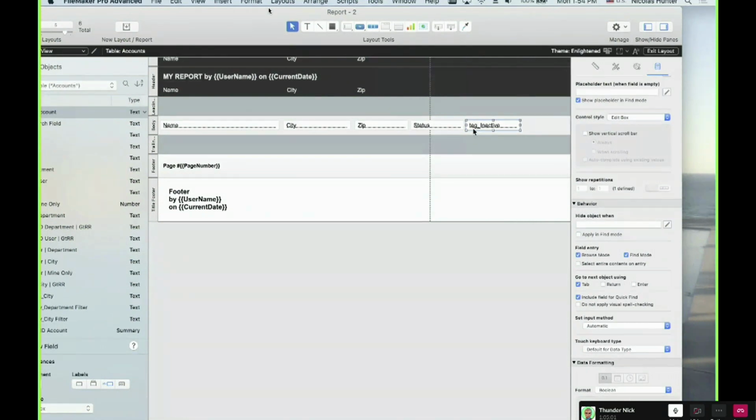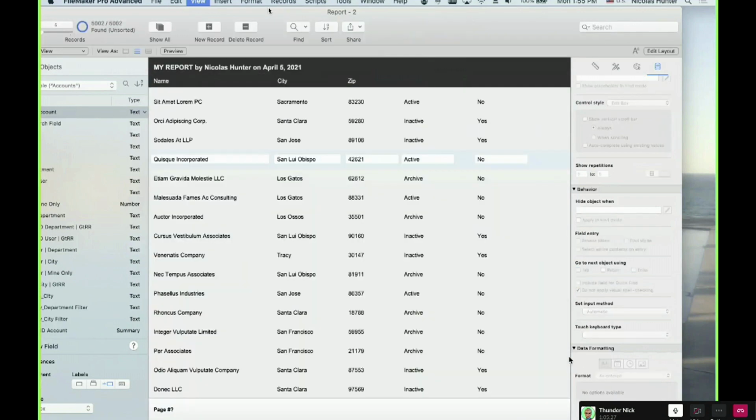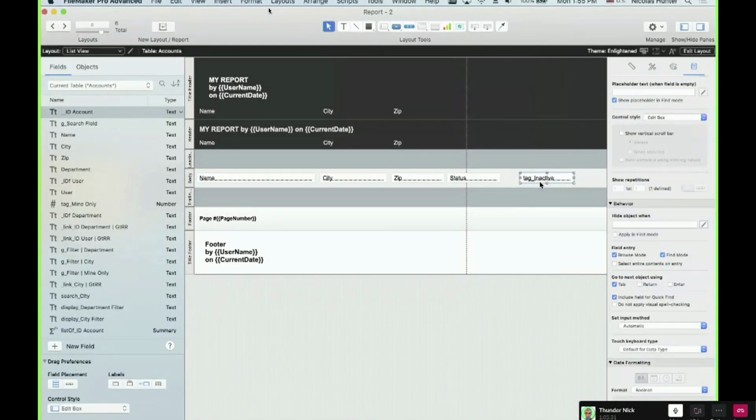That's why I'm using the tag. Why am I using the tag 0, 1? Because FileMaker now will tell me I can set up this field, the tag. And now I can tell the tag to show something else than just 1 and 0. I can tell the tag to show yes and no. So that's why I'm using this technique of 1, 0.